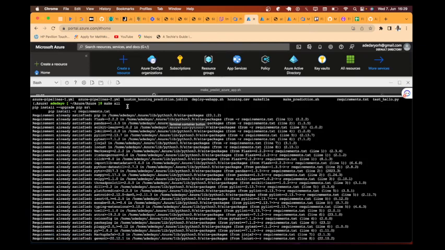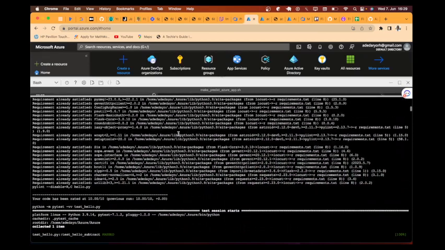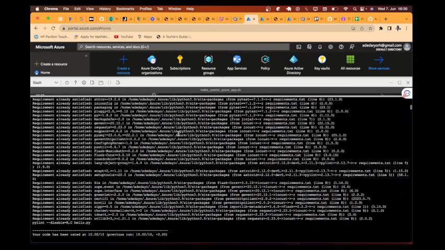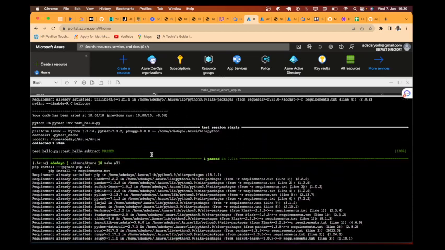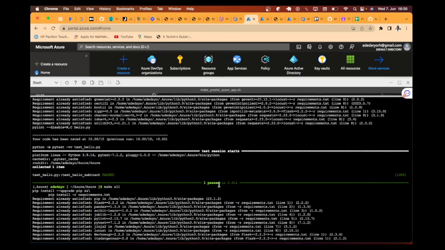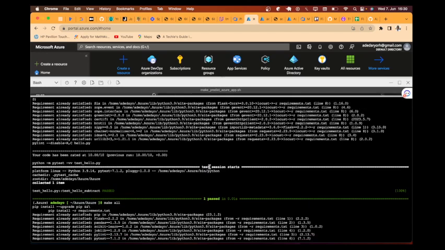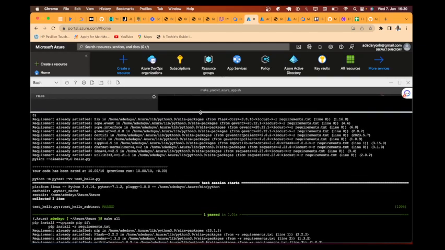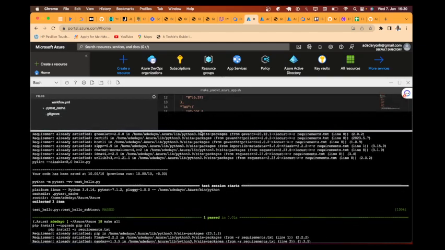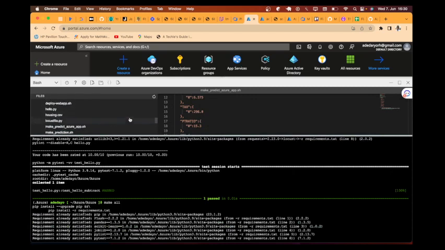So if I run this make all command, it will install all the dependencies, the libraries, everything I need for the project. Everything will be installed. If you can see, I have make all passed. So everything passed. Now let's say we want a situation whereby we want to test, probably just to see a failure. So we can use this